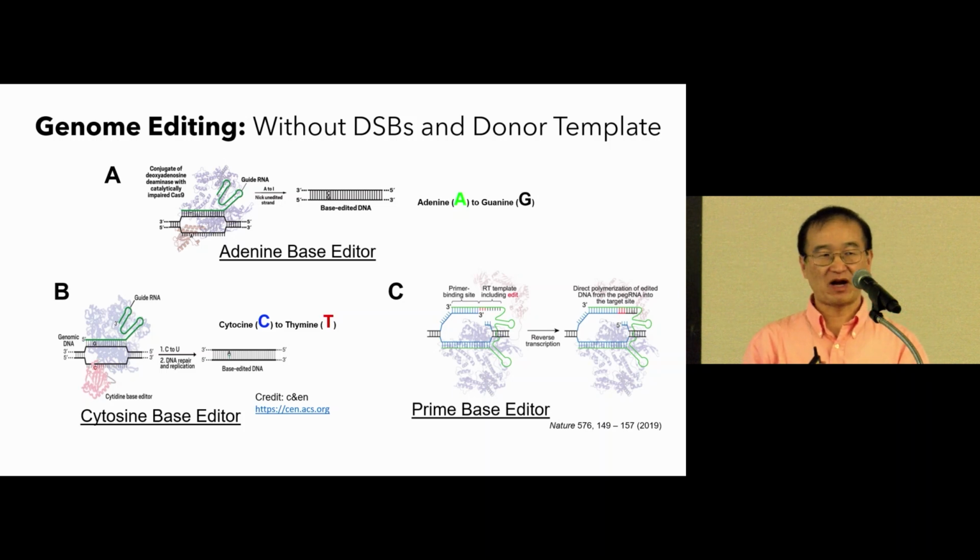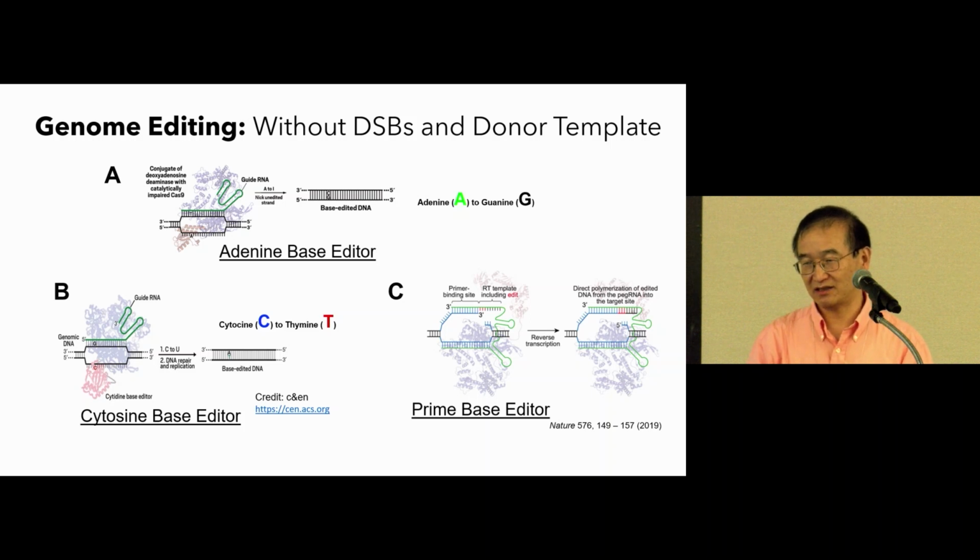So the most popular or major one is the base editor. One is adenine-based editing, through the dCas9 fused with the deaminase, which changes the nucleotide chemically, and through replication can make the base pair change from A to G. That's called the adenine base editor. Another one is the cytidine base editor, which is the cytidine deaminase fused with the dCas9,